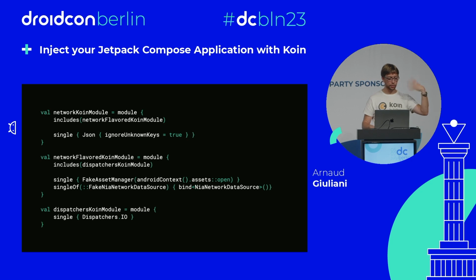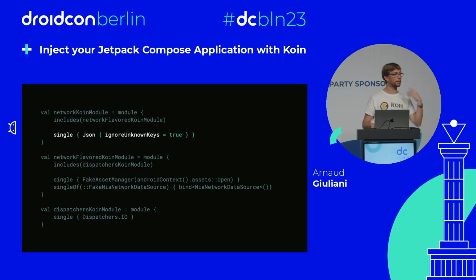And we have a bunch of other stuff like the JSON instance. For example, if you have a serializer, you can just create an instance of JSON like that. After that, we have data sources where we are also using JSON, Android context, and at the end, if you are using a dispatcher inside your DI, this is the way you can do it. You can just define the default dispatcher instance, and for example, on test, you can override this instance and say, okay, it's Dispatchers.Test or everything else. You can override easily, and you don't have to mention anything else complex for that.